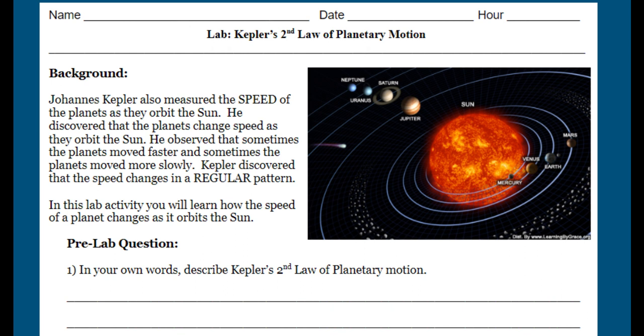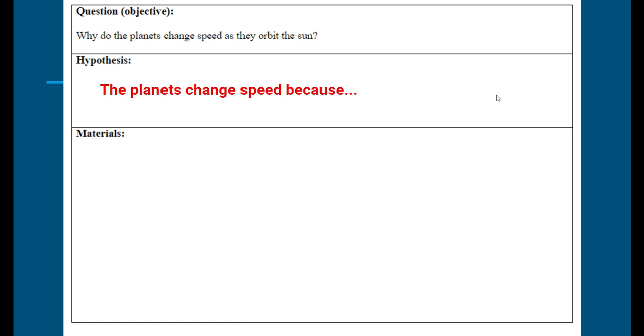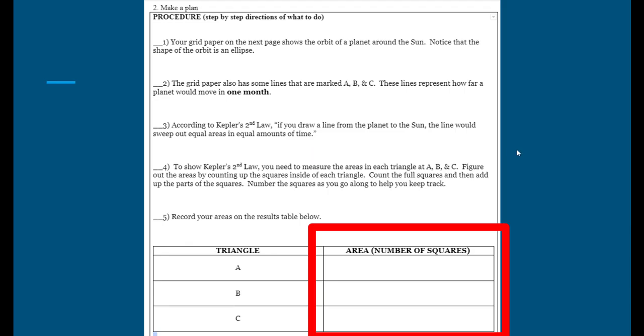So the second law, again, we talked about how the planets speed up as they orbit the sun, and then they slow down as they get farther away from the sun. So we will have some pre-lab questions. We'll have a hypothesis that the planets change speed because. You guys will have your hypothesis, and we'll need some grid paper and a highlighter today. If you don't have these materials at home, you might not be able to do this. If the items are in Google Classroom, you can certainly try, but we can always just get you caught up